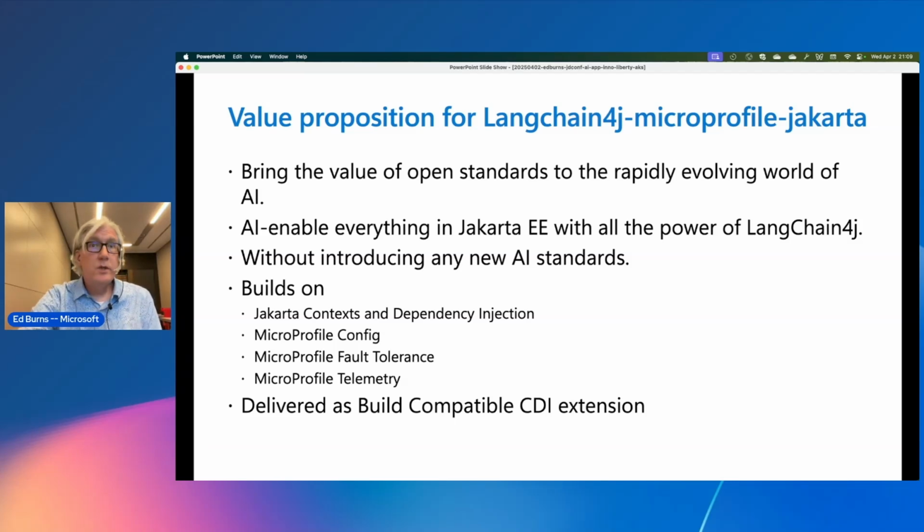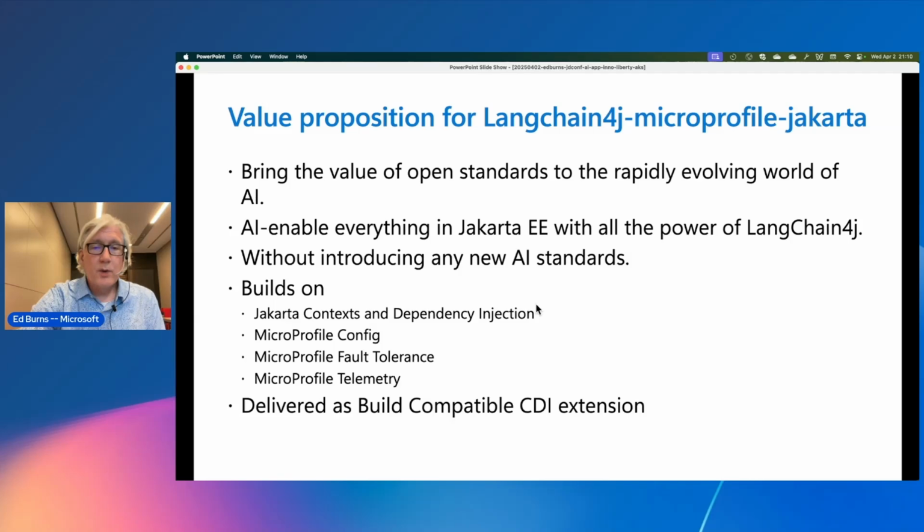If you want to use Jakarta Validation or Jakarta Transactions or Persistence, or even the new Jakarta Data, all of those things can now be accessed with the power of LangChain4j using its own APIs, for example, the Tools API, and even newer ones that are in the LangChain4j Jakarta MicroProfile project, such as the Register AI Service one and the injection capabilities. I'll be talking about that shortly.